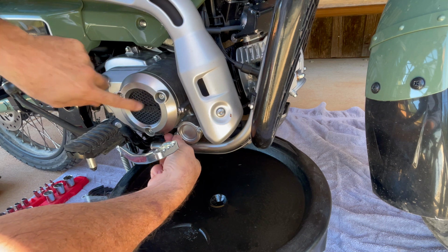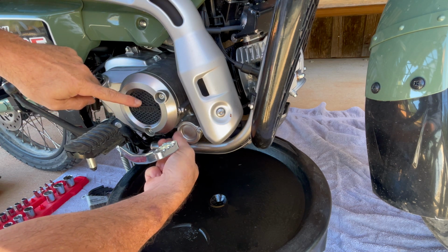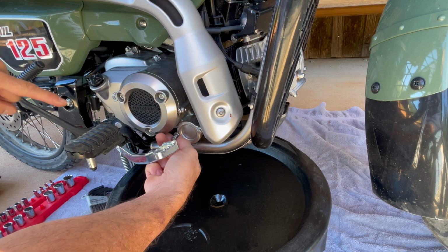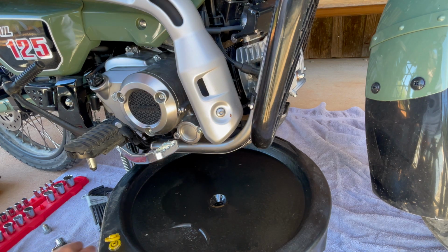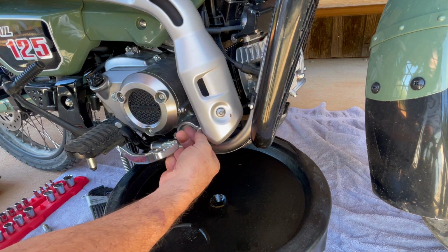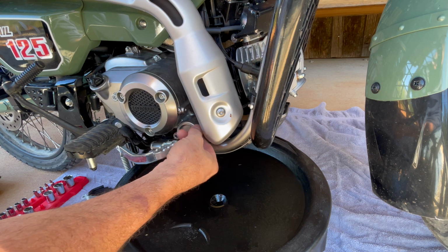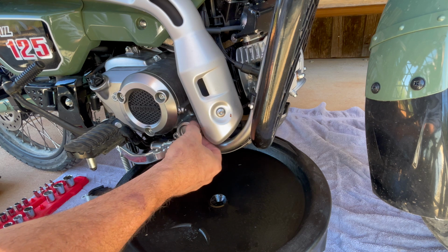This, by the way, if you don't know, is just a cosmetic cover. So if you take these 3 bolts out, which I actually did as I was making this video, there's nothing there. It's just a cover. So I'm not really sure why Honda did that. It's a little frivolous in my opinion, but hey, whatever. Looks nice, I guess. So yeah, you'll go ahead and pull these 2 bolts out,